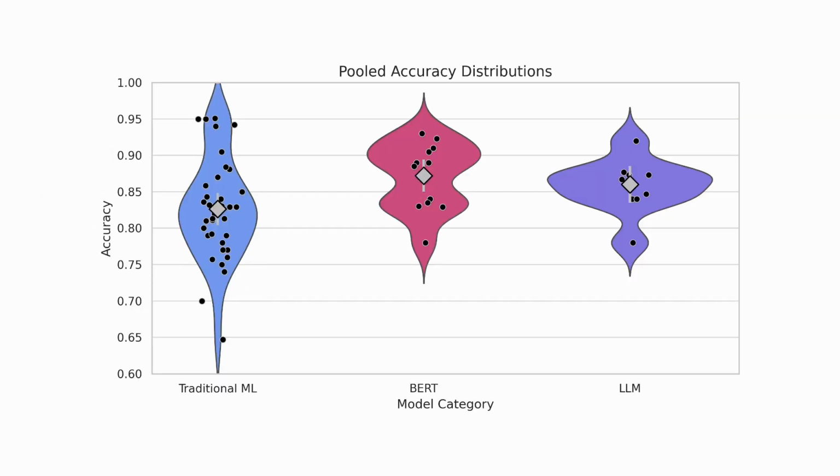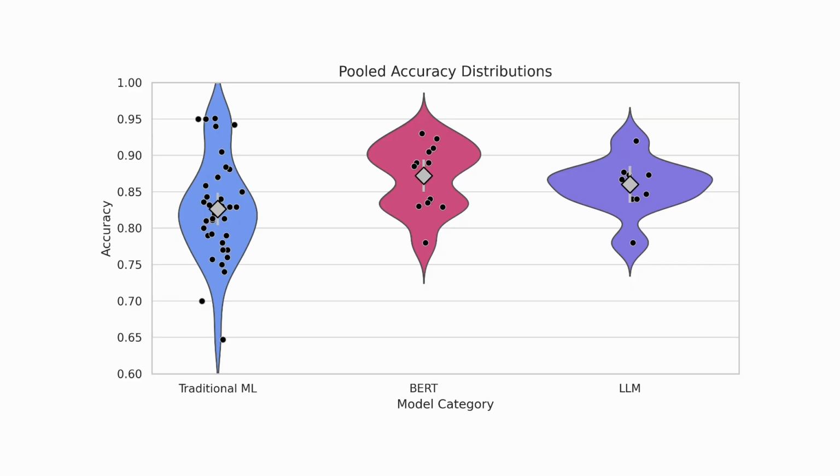If we look at a violin plot of the 3 subgroups, the traditional ML models had the lowest accuracy and the highest spread, where each black dot represents an AI model. Then the BERT and the LLM models had a lower spread, similar accuracy, although BERT was slightly more accurate than the LLMs. And overall, when we compare the 3 different classes, there was no significant differences in accuracy between any